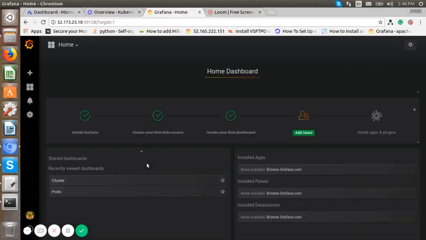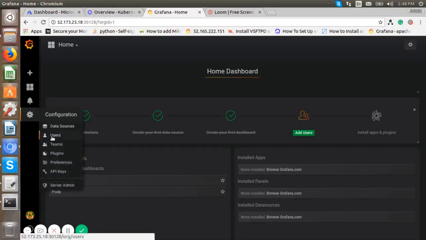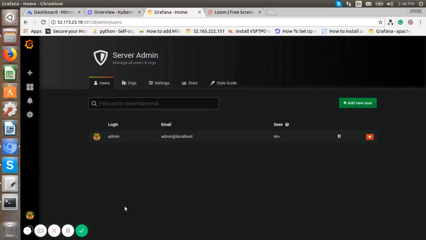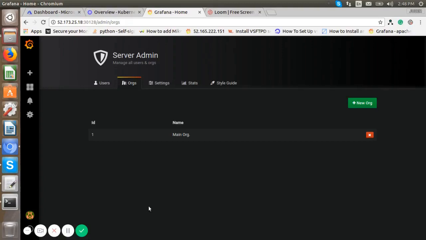Now, first we will go through how to create a Grafana user. For that, we need to add an organization. What is an organization? Organization is an interesting feature in Grafana. Suppose our Kubernetes cluster is a shared Kubernetes cluster environment setup, and we have multiple tenants. Here we call them organizations.